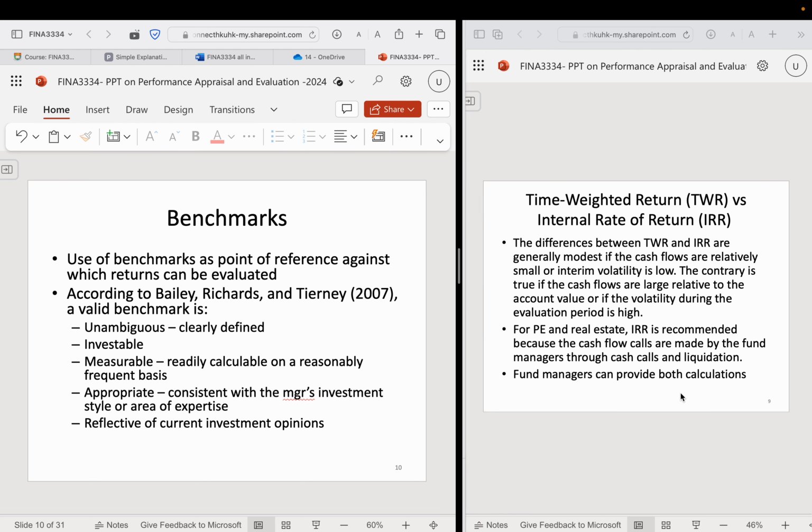For equities, MSCI World, because MSCI covers the indexes globally. However, if it is the US, people will use the S&P 500. If Hong Kong, people will use the Hang Seng Index. If Japan, people may use the Topix Index, etc. And then for hedge funds,